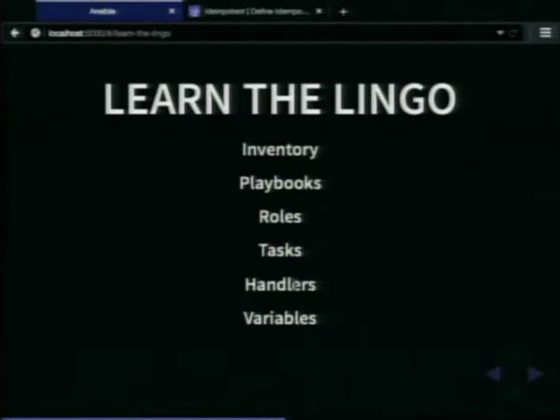The next one down is handlers. Handlers are part of what you build your tasks out of. We're not going to spend a lot of time on this one because it's easier to show you what they are and how they're used rather than to cover it right now.